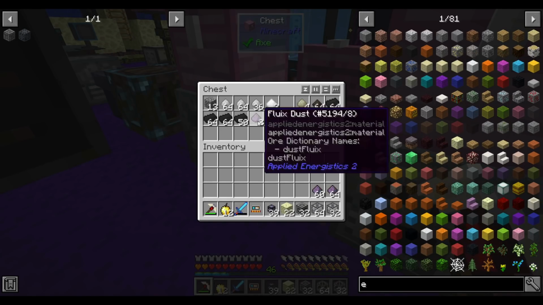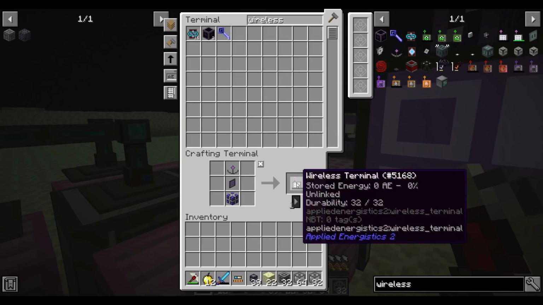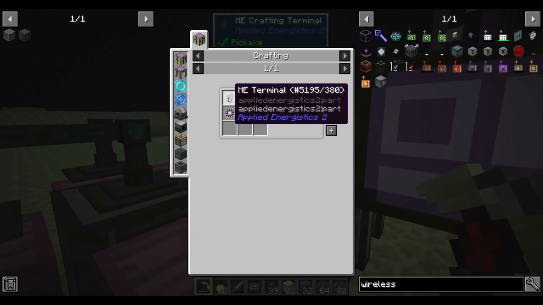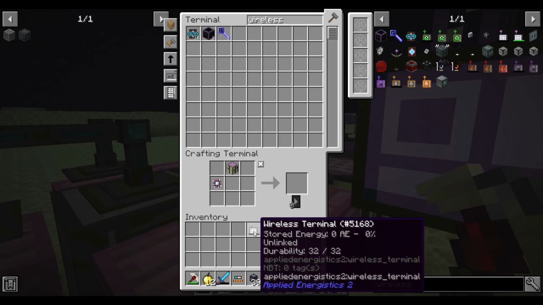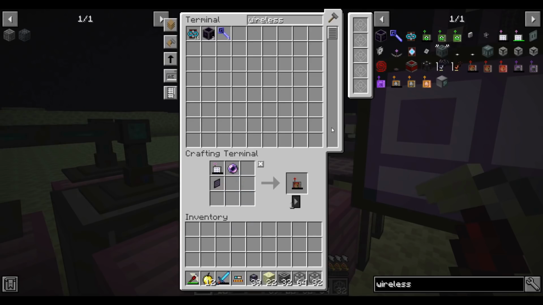It is slow. Here's the basic wireless terminal. Well, it is fine on its own. It doesn't have crafting capabilities, so no reason not to upgrade it at the very least to the crafting terminal variant. And there we go. Okay,